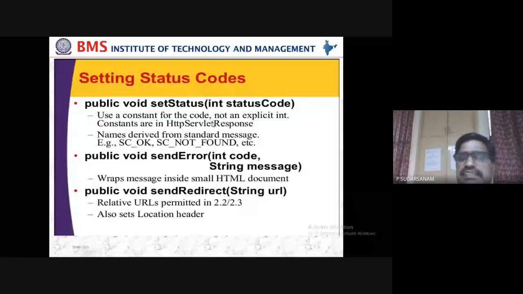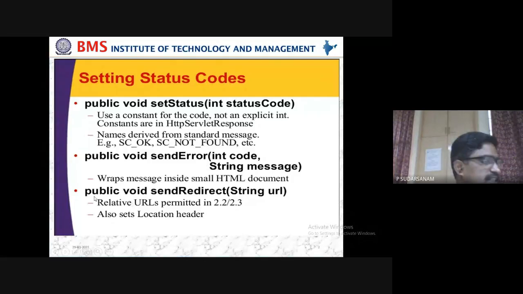public void sendError(int code, String message). Sending the error is nothing but the int code and the string message. You can write it. If the page is not available, you can display the messages. So what error messages can be displayed? For example, if any one of the subjects is failed, when you are seeing the result, it will send the message: result is fail. Otherwise, result is pass. Error messages should be displayed.